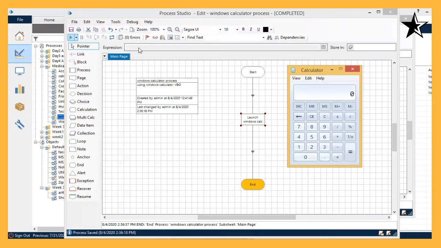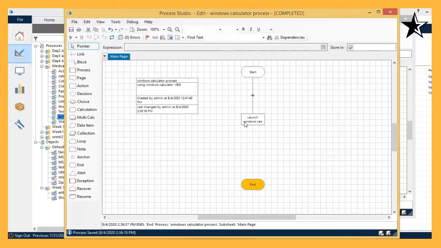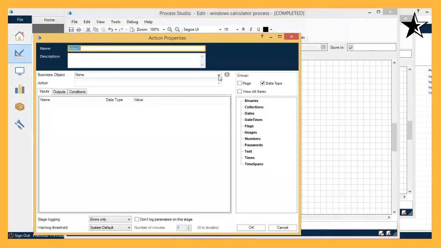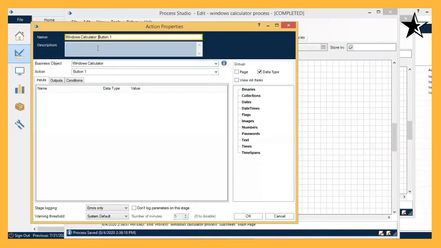Right. Similarly, I can use another action stage here. Just delete it. Go and take another action stage here and select the Windows Calculator and I select the action as button 1. So I give the name as click button 1.